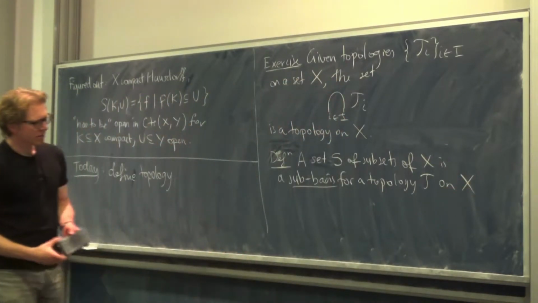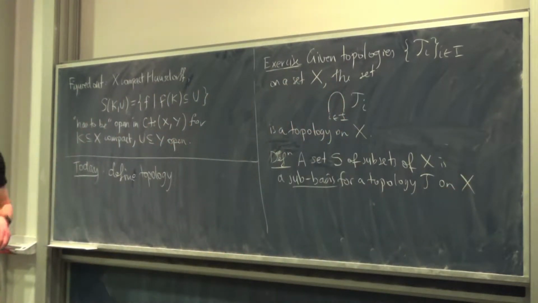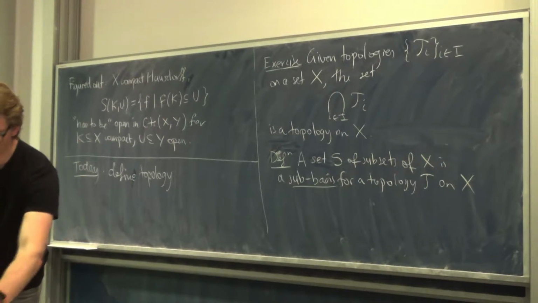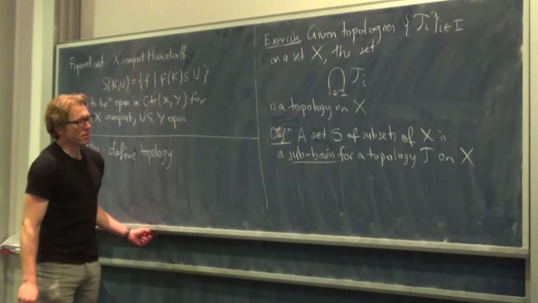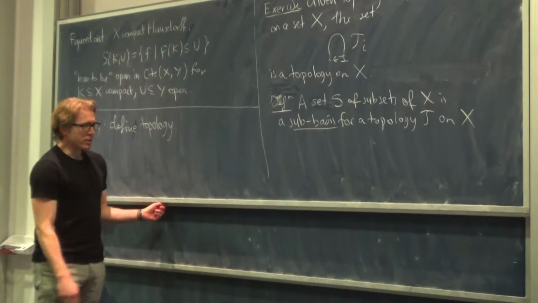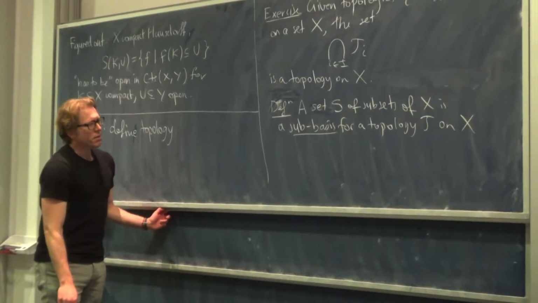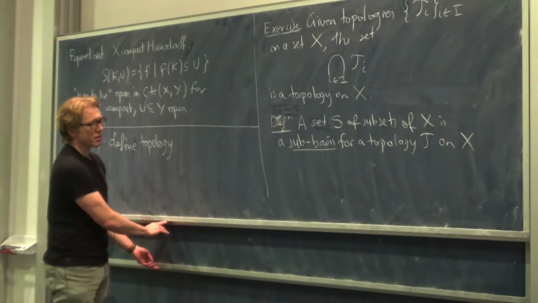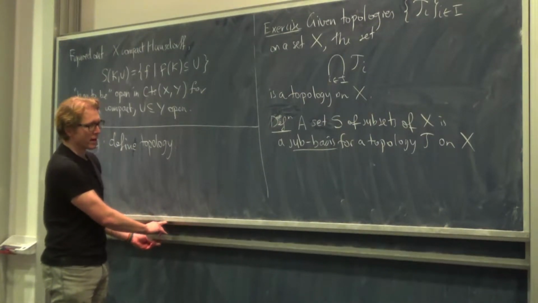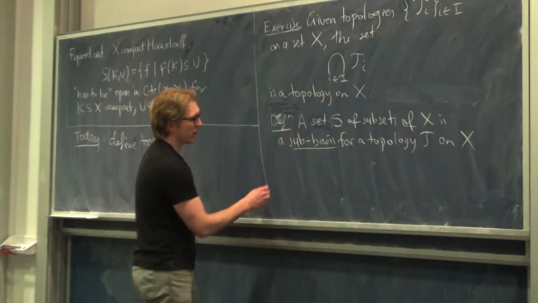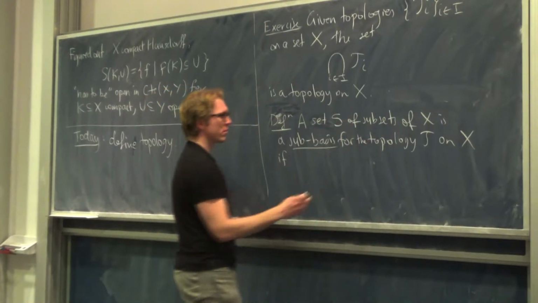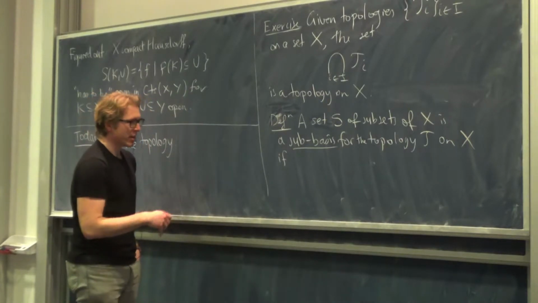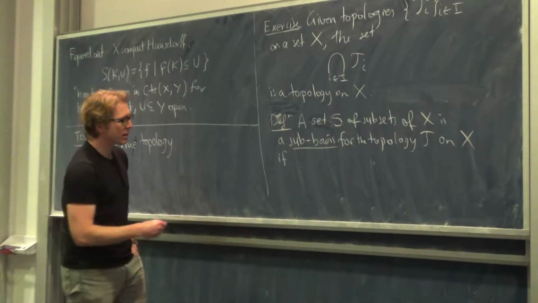Okay, so take a set X and take a set S of subsets of X. So curly S is a subset of the power set of X. And take a topology T on X. Then we say that that collection of subsets is a subbasis for that topology. So I'm given T, I'm given S. S is a subbasis for T